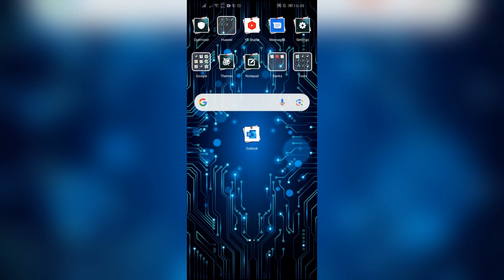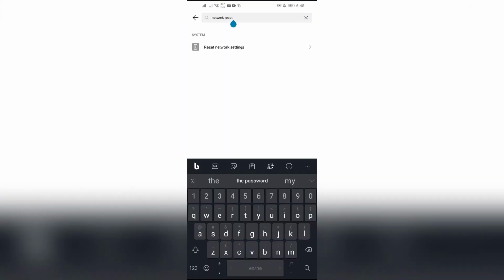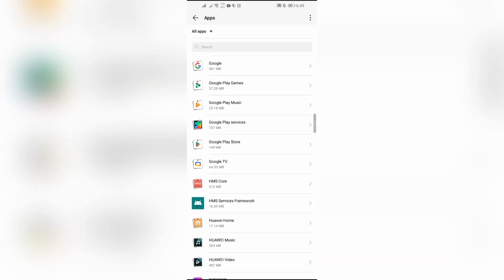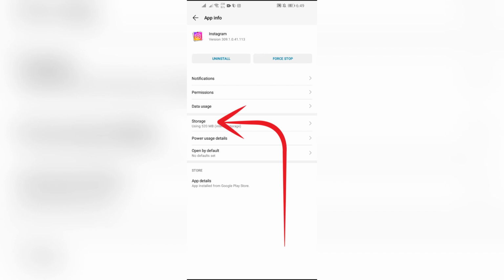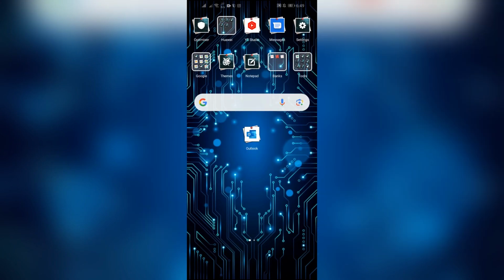Now, the third and last solution is to go into your settings and clear the app cache. Just simply go into settings, find Instagram in your app settings, and select the storage option. Here you will get the clear cache option. You just simply have to click on this clear cache option, and after that your problem will most likely be